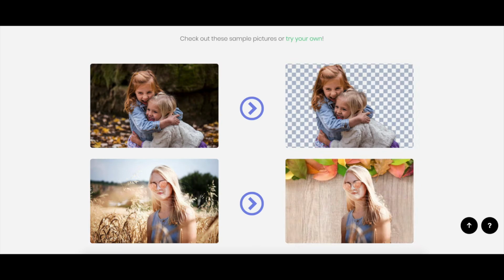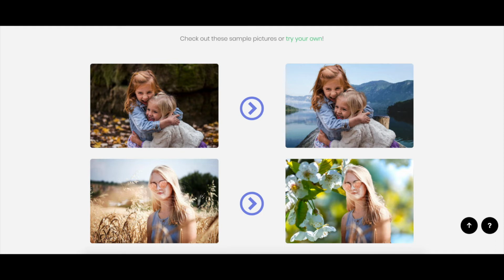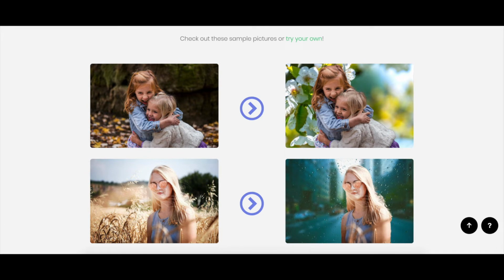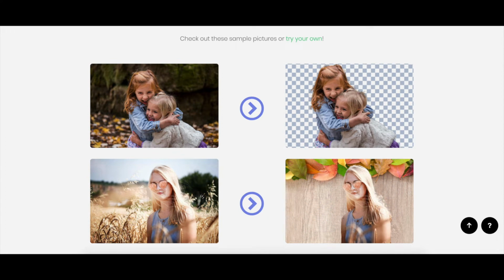Now, what this Remove tool enables you to do is take one of your own photos, whether it's done with a professional camera or even with your iPhone, whatever you took the picture on, and then you can actually remove the background. So all that is left is that image of you. You can put this on different social media posts, you can put it on your Facebook backgrounds. It's a really, really great tool, and I really recommend it if you haven't taken the time or have the finances to get professional headshots yet.